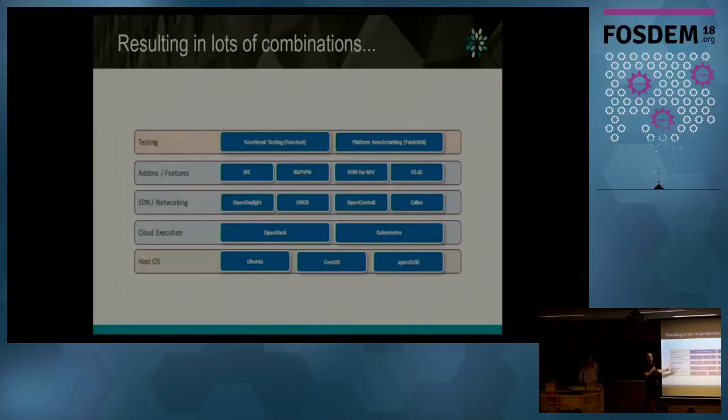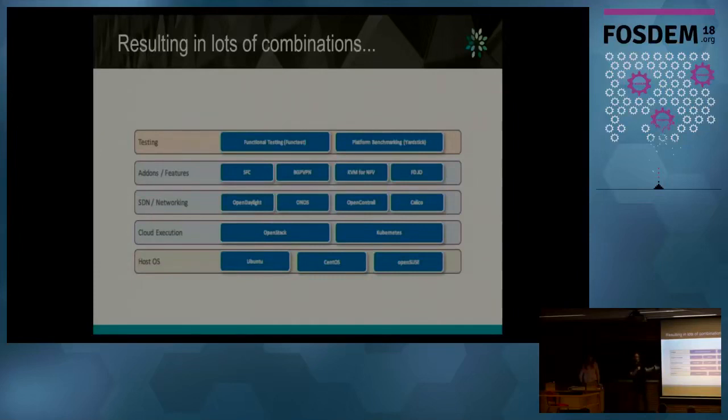And first thing we do is basically we provision our machines with one of the three different Linux distributions, Ubuntu, CentOS, or OpenSUSE, and then we put either OpenStack or Kubernetes on them, and then we put different SDN controllers. Instead of Neutron, for example, we put Open Daylight or ONOS. And then we construct different features like service function chaining or BGP VPN. And finally, once we construct or compose this combination, we run testing against this integrated stack, which is a big difference comparing to OpenStack or Open Daylight or other communities, because they mainly deal with their own components in very small scale.